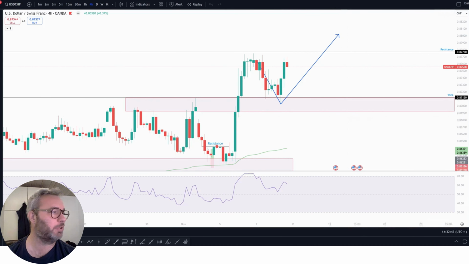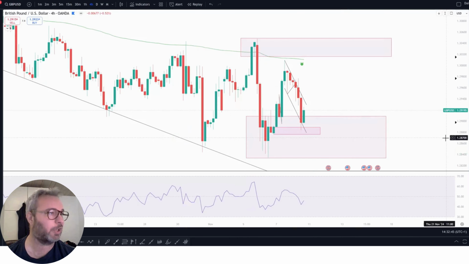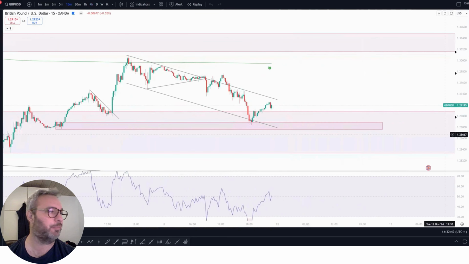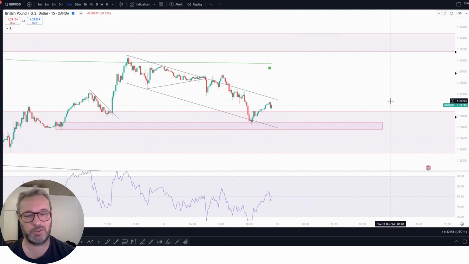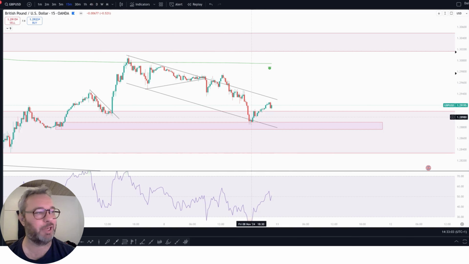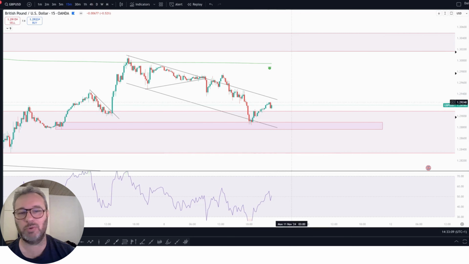I also want to mention the GU I use here on the larger time frame. I trade pound futures a lot, as you have seen first in the video. So this chart here I use for the larger picture to give me an idea of which direction I should trade. But that was all for my trades this week, and I hope I see you again next week where I go through next week's results.